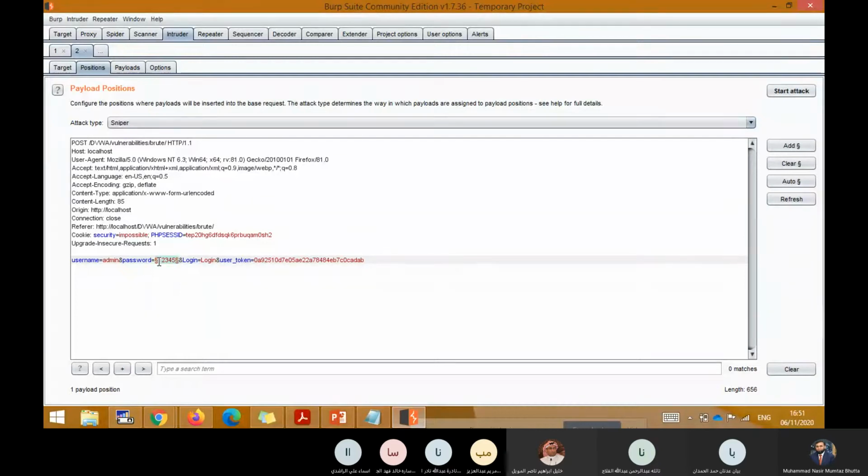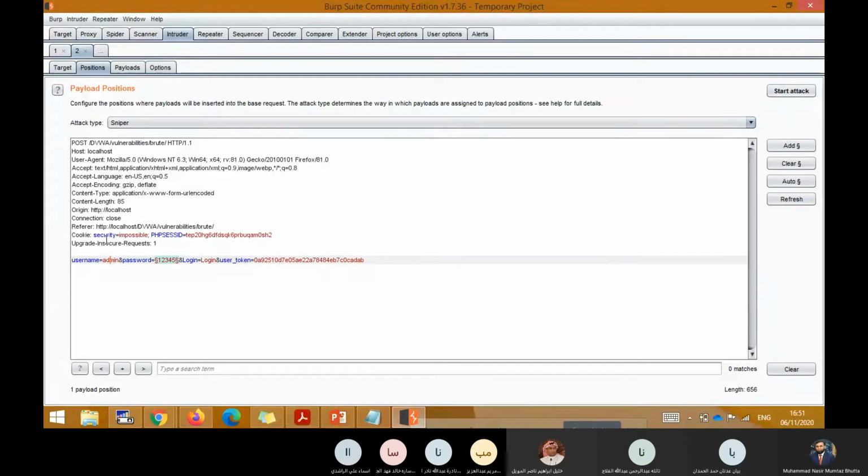So this shows that now this is a Burp Suite variable which we can use to launch the attack. So we need to first create the variable, whichever value we want to change, we create the variable for that. The user token remains same for one session, so we don't change this user token. If we need to change it, we will also create the variable. Or if we need to change the username, then we will create a username variable as well.